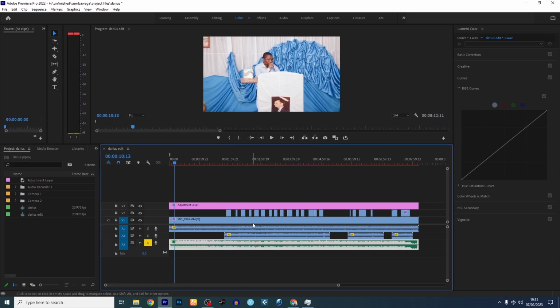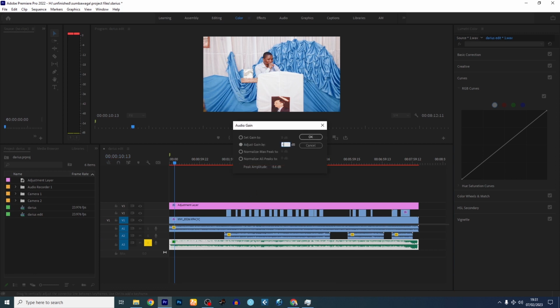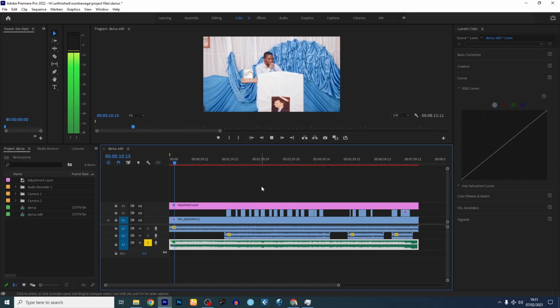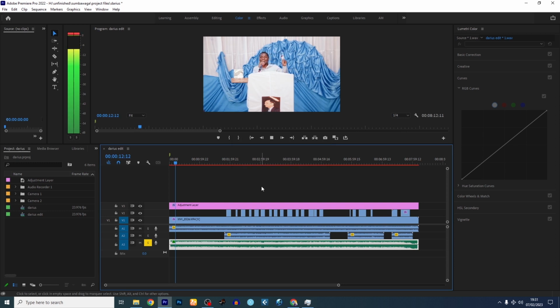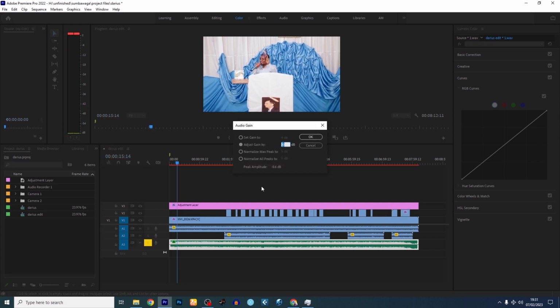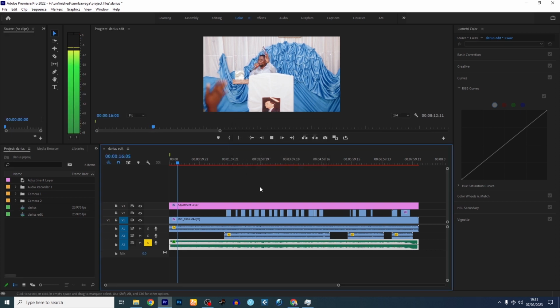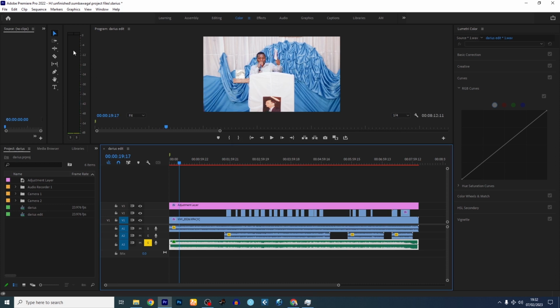Oh, that one is too much. Click on gain, -4. G again, -2. So the goal is to make your audio play around -6 here. When it goes beyond 0, it means your audio is clipping. And when it's below -12 decibels, it will be very hard for your